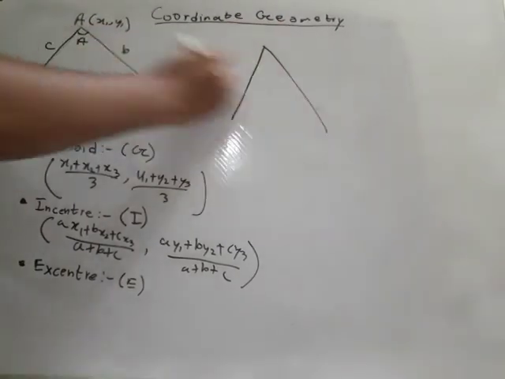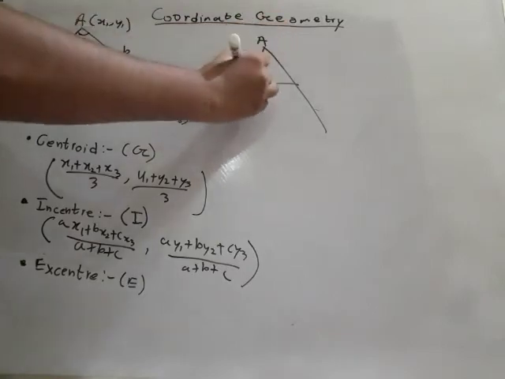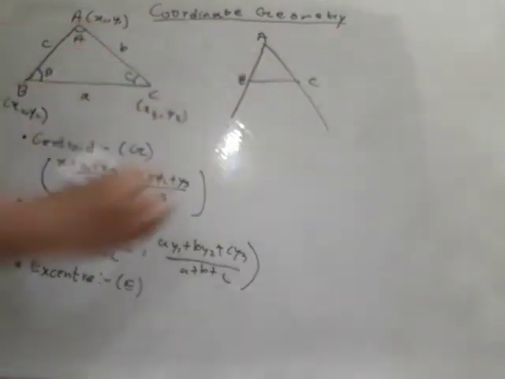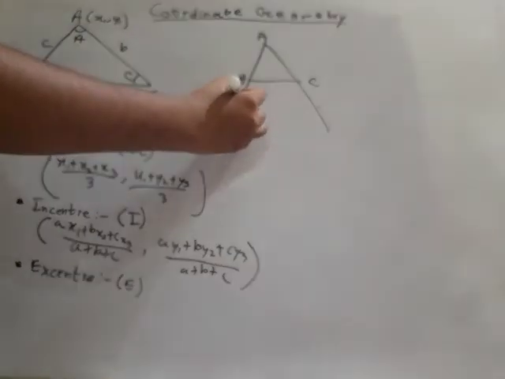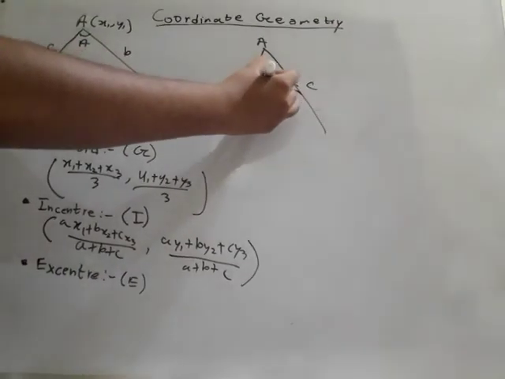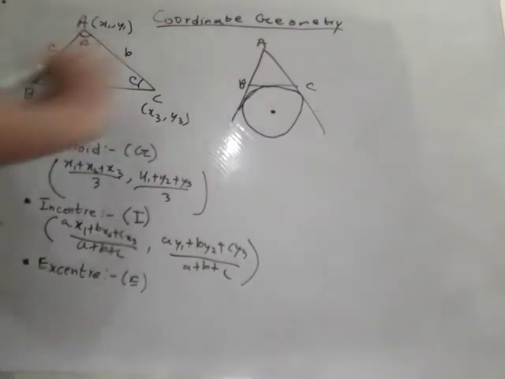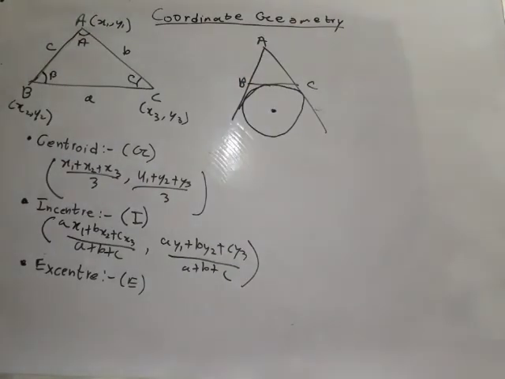Let there be a triangle, this triangle only, but I have extended two sides. Now let a circle be drawn such that it touches one side and the extensions of the other two sides. The center of the circle is called the excenter. And how to find the excenter? The excenter is given by